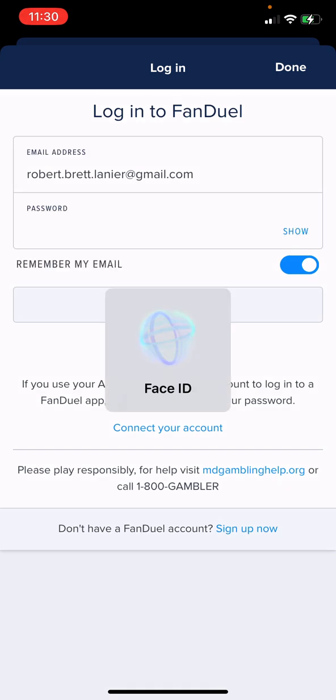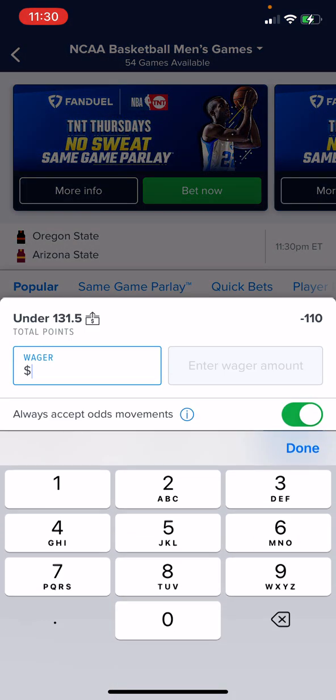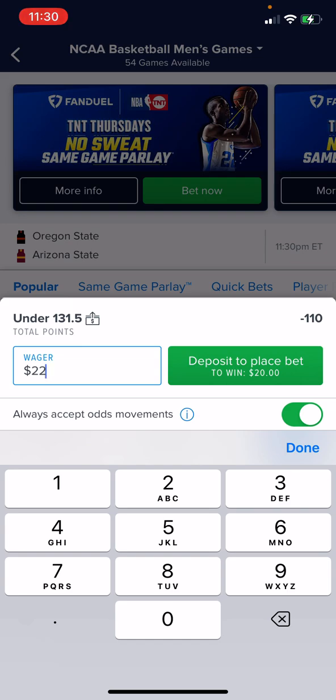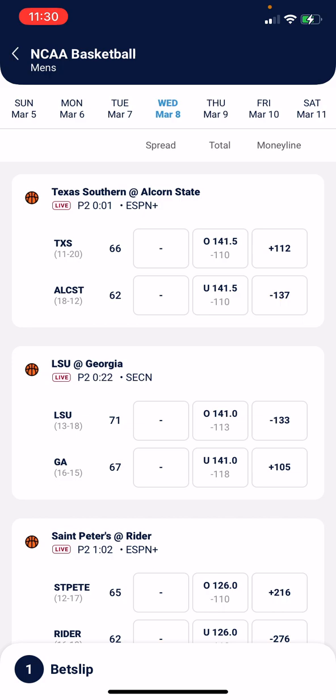to that event. You can see right here the Oregon State Arizona State game. It took us right to it. So all you've got to do is click here now on that under and put in that $22 and click place bet, and it would be there. We're not going to do that at this time, but